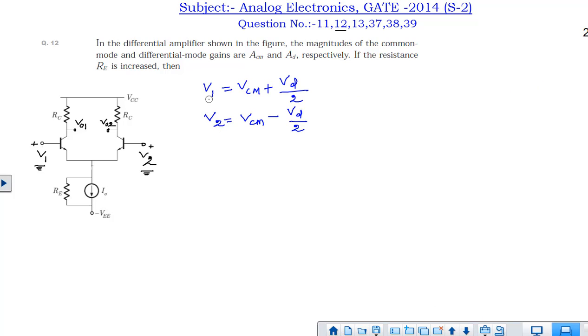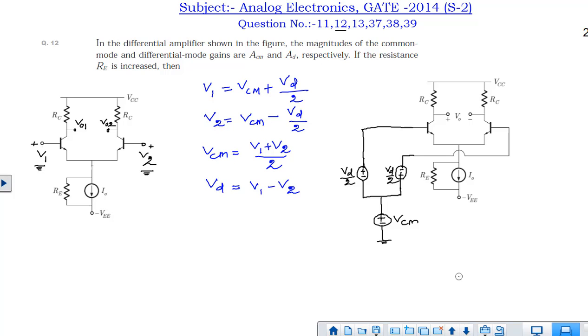If we represent this V1 and V2 in terms of VCM and VD, we can represent like this, or we can find out the common mode voltage as the average of both the voltages, that is V1 and V2, and VD as the difference, V1 minus V2. So we can represent these voltages V1 and V2 in terms of VCM and VD, and we can redraw the